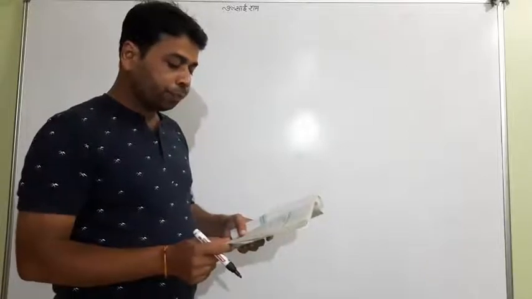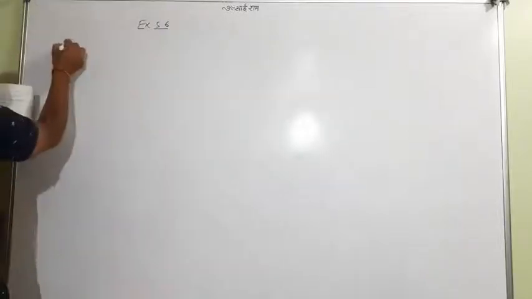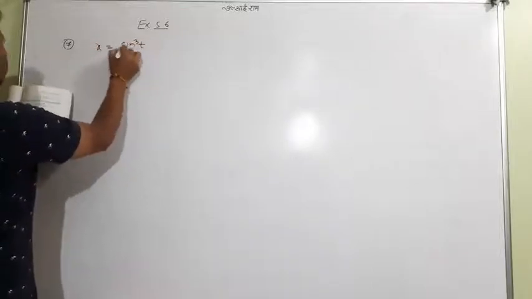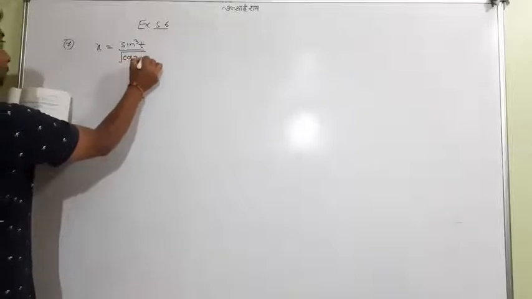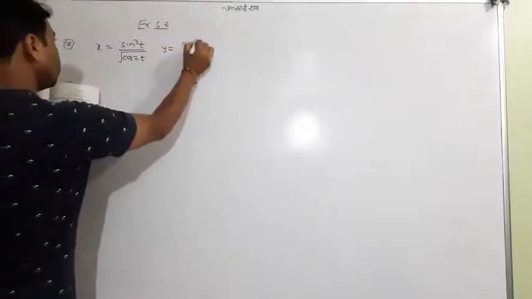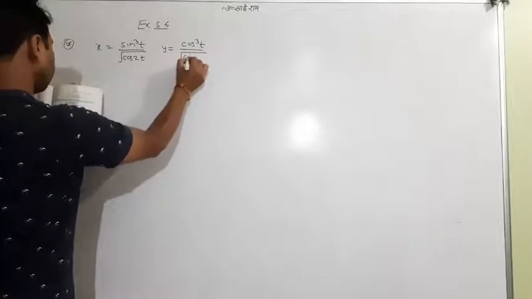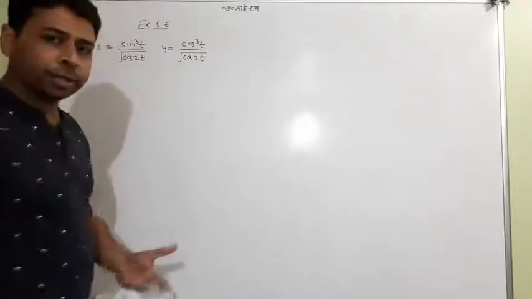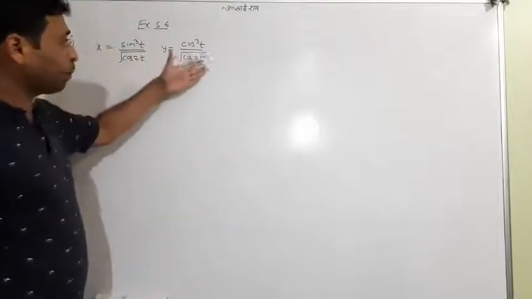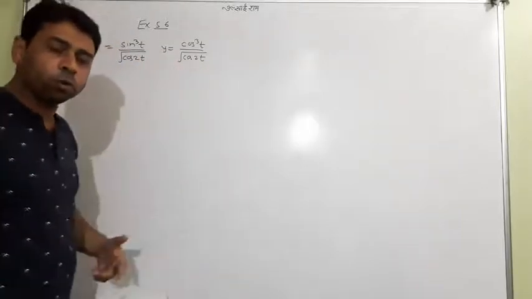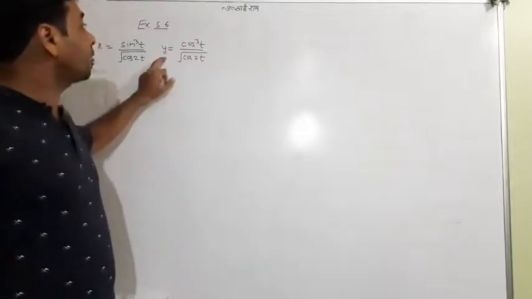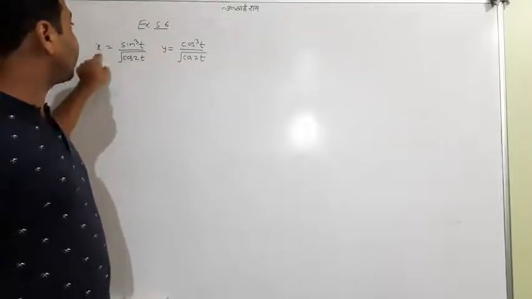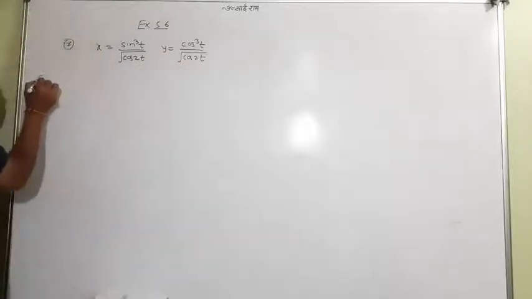So I'm telling you question number 7, which seems a bit tough for students. Let me do the 7th question. The question number 7 looks like this. Now let me start, because you know the method. x is in the form of t, y is in the form of t. The third variable is t, and you will go through dy by dx. How to find it? First I'll take y, then I'll take x, then I'll find dy by dt, I'll find dx by dt and divide. Okay, solution.